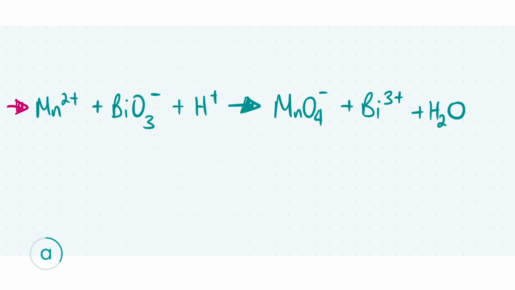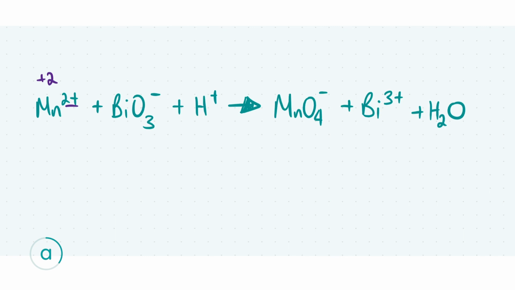So I'm going to go through it now piece by piece and assign the oxidation numbers. Starting from the left hand side, we're going to give this manganese its oxidation number. In this case, it's going to be a +2. And the reason it's a +2 is because the oxidation number takes on the charge of the species on its own. As we can see, it's going to be Mn2+,